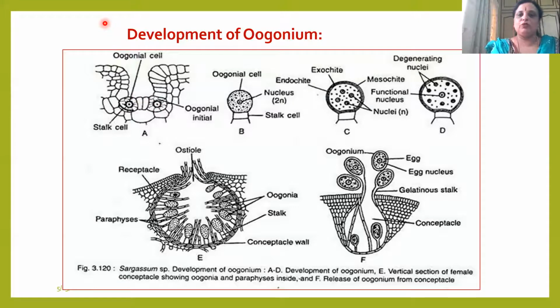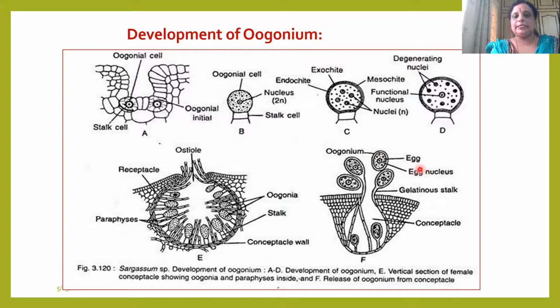It will pull the oogonium up. So the mucilaginous stalk will attach onto the wall of this particular conceptacle, and the oogonium is pulled out. Once it has been pulled out, the oogonium is exposed outside the ostiole. So now this oogonium is ready for the process of fertilization. So this oogonium has now